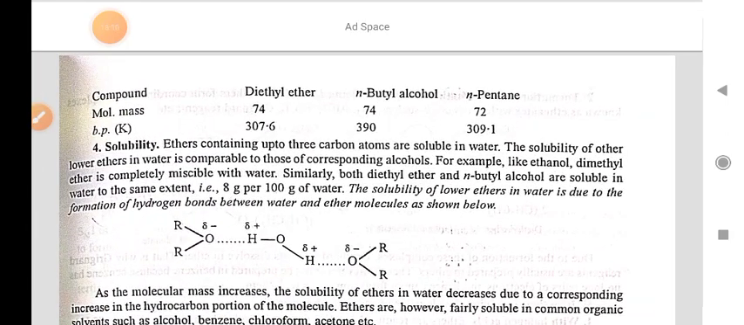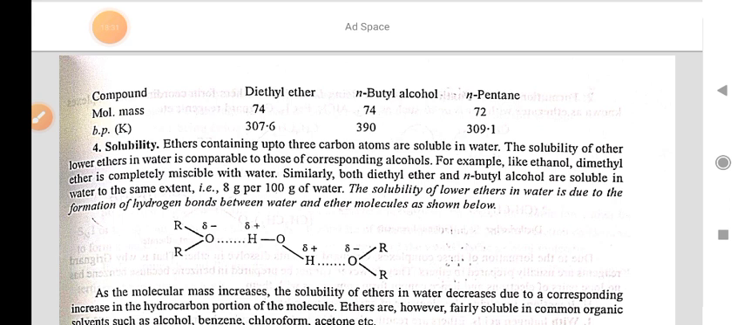Solubility. Ethers containing up to 3 carbon atoms are soluble in water. The solubility of other lower ethers in water is comparable to those of the corresponding alcohol. For example, like ethanol, dimethyl ether is completely miscible with water. Similarly, both diethyl ether and n-butyl alcohol are soluble in water to the same extent, that is 8 gram per